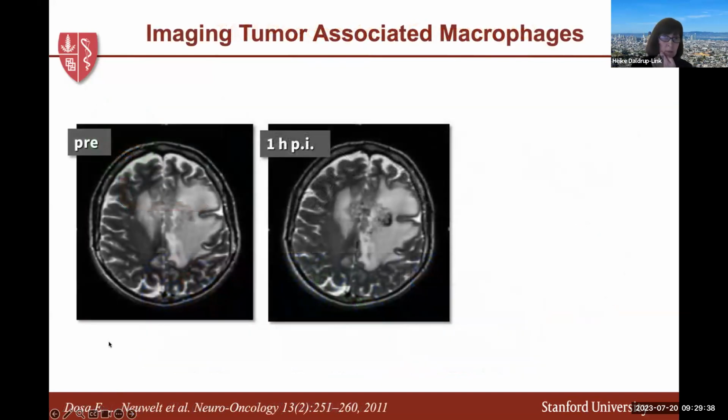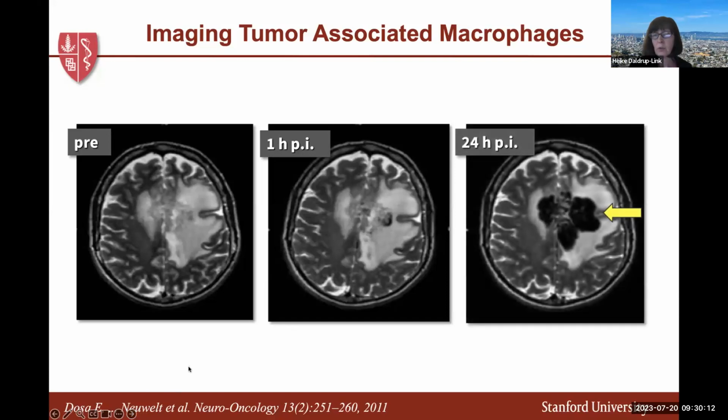Here you see a nice example of one of my colleagues from OHSU, Edward Neuwelt, who has an interest in neuroimaging and specifically glioblastoma imaging. This is an axial T2 weighted scan of a glioblastoma before and at 1 hour after iron oxide nanoparticle infusion. And you see very little leak of nanoparticles in the tumor tissue at this early time point. Here you see a follow-up scan at 24 hours, and now you see a marked uptake